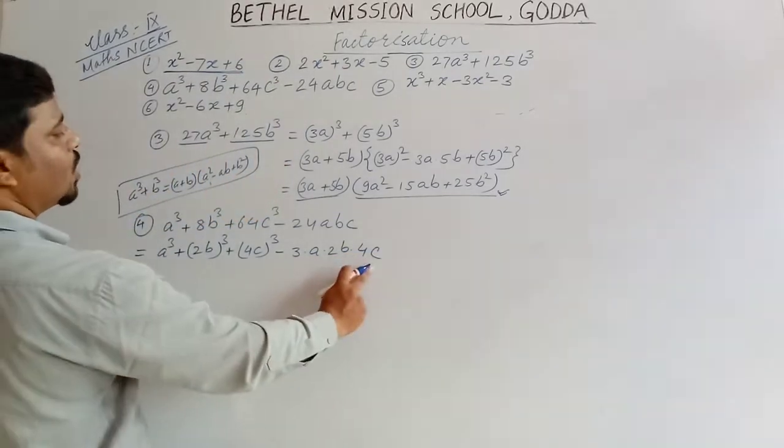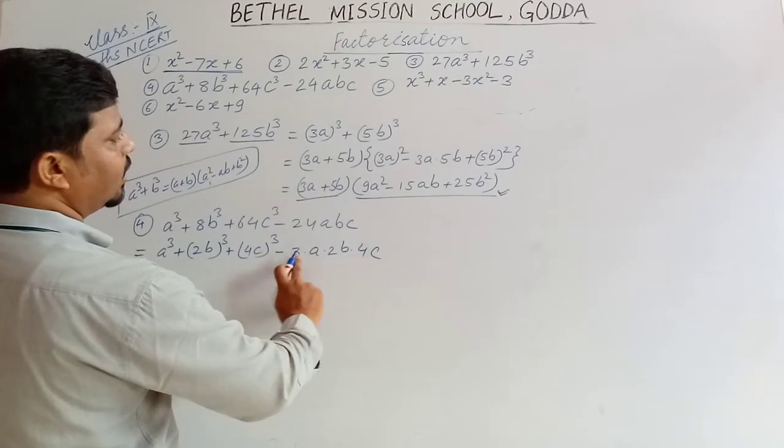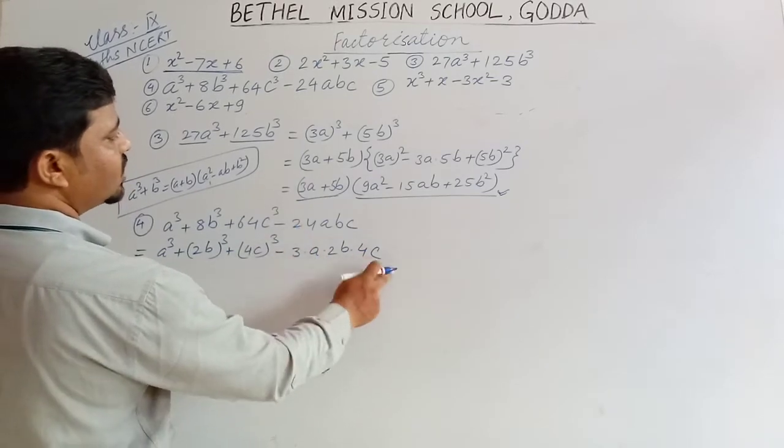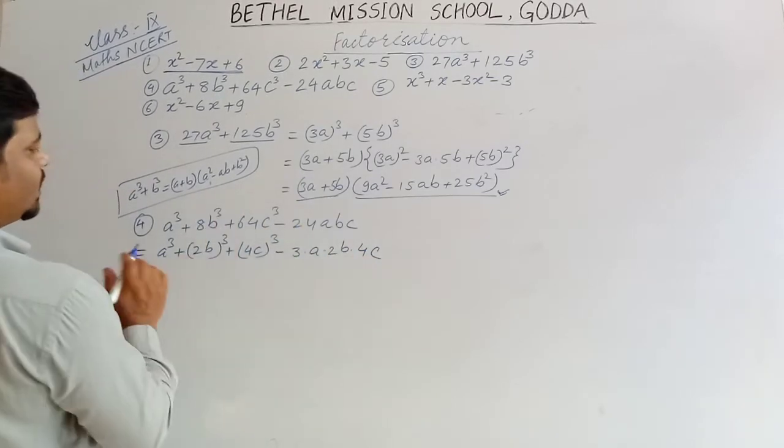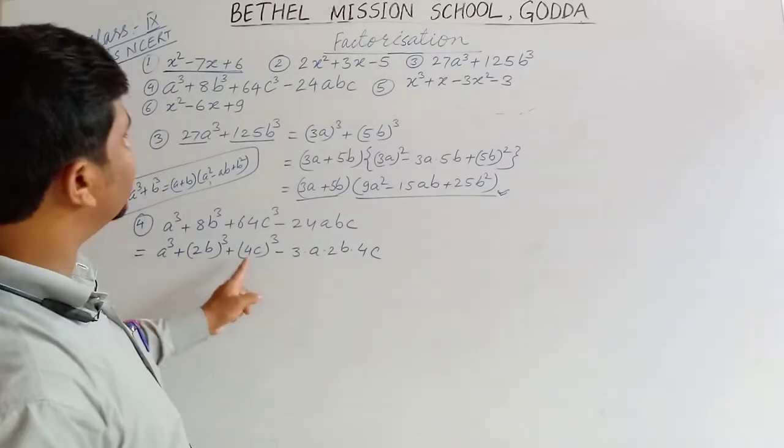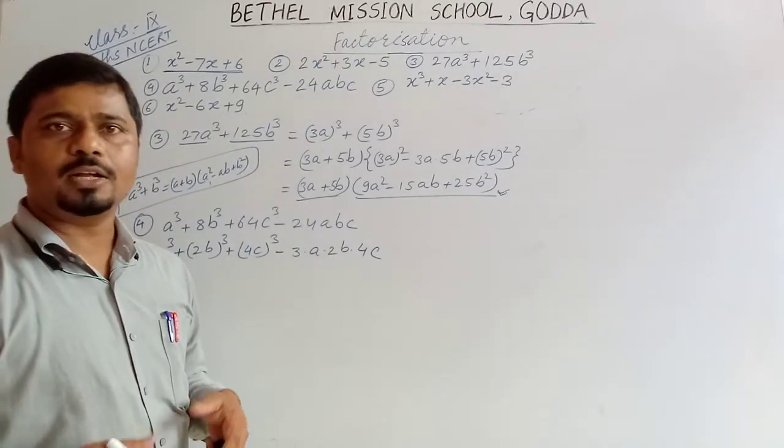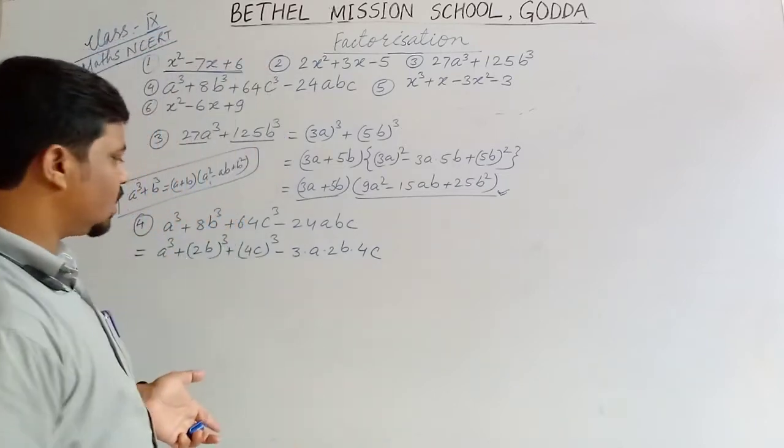So find the product, 4 2s are 8, 8 3s are 24. abc is there, minus. It means this is a cube plus b cube plus c cube minus 3abc,